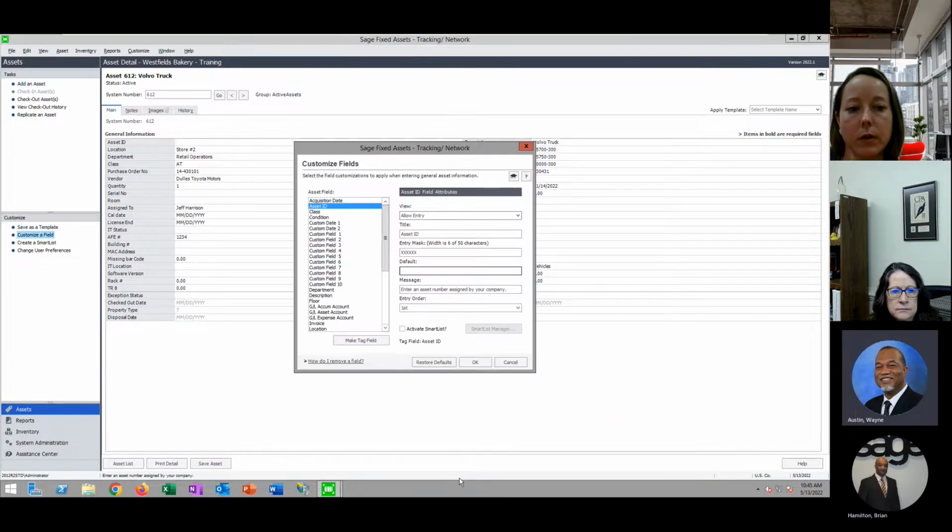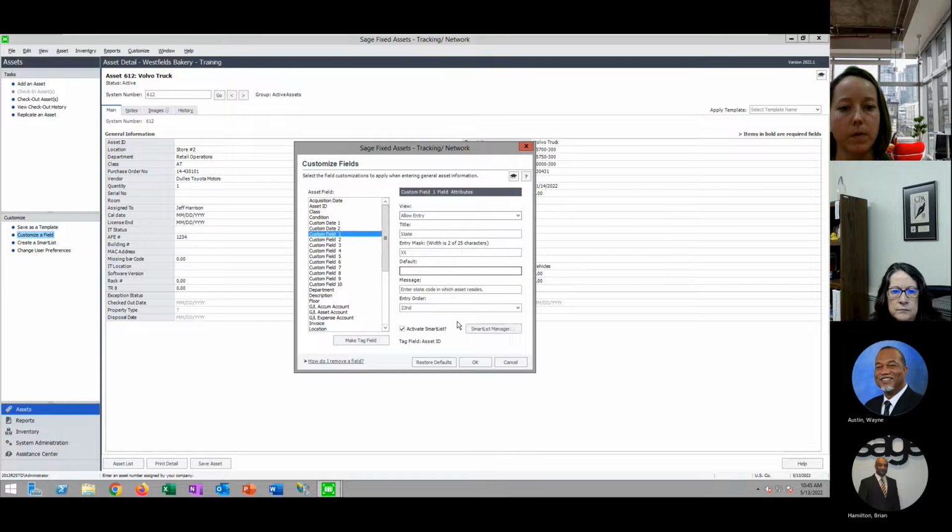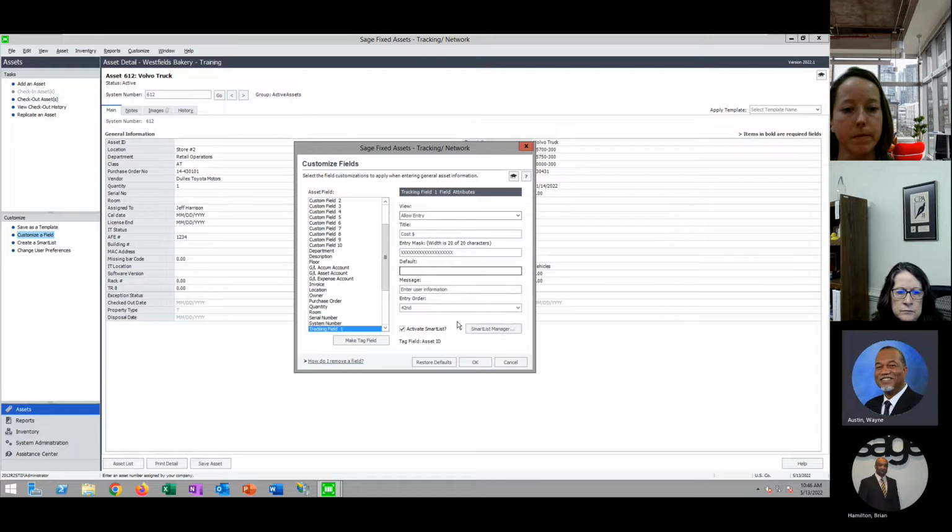Okay, so here's what you can do, right? They don't have the ability to do transfers or disposal, right? And I'm just looking here to see. Probably the best way to do this is to use one of these fields that they can change the status on. But it needs to be one that's shared between the two. So if you were using one of these general information fields,